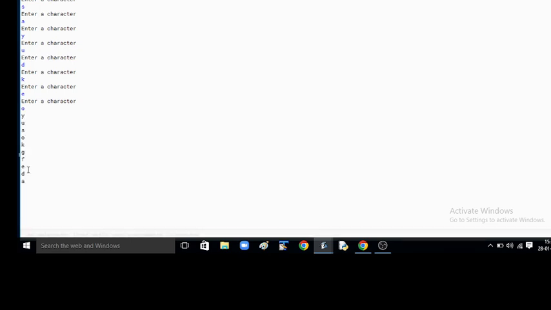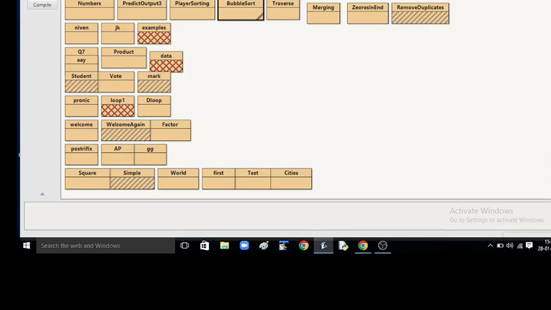So sorting of characters, like I have done sorting of characters, the same program you can make. In place of character you can use integer numbers, or you may use double numbers. Double means decimal numbers or float numbers. So I hope these three programs are clear to you. The operations on arrays which